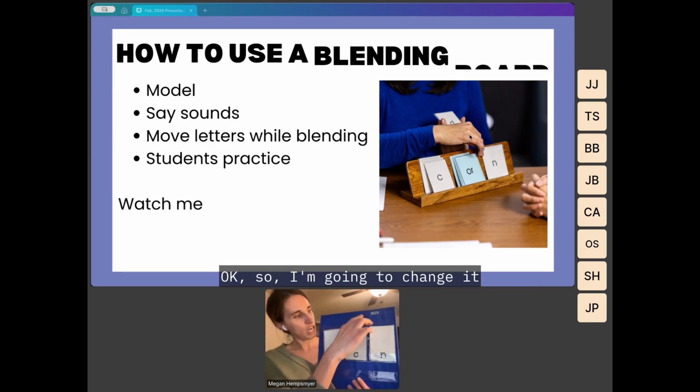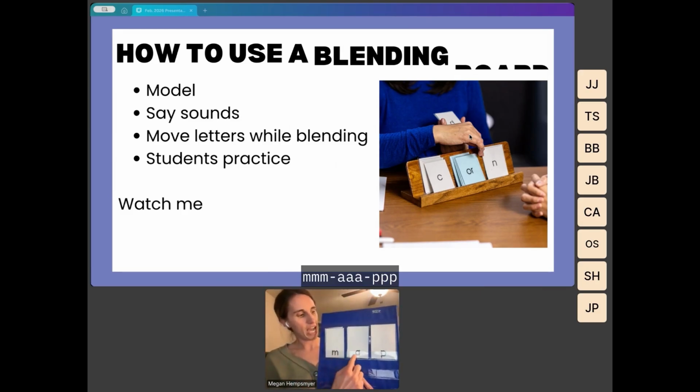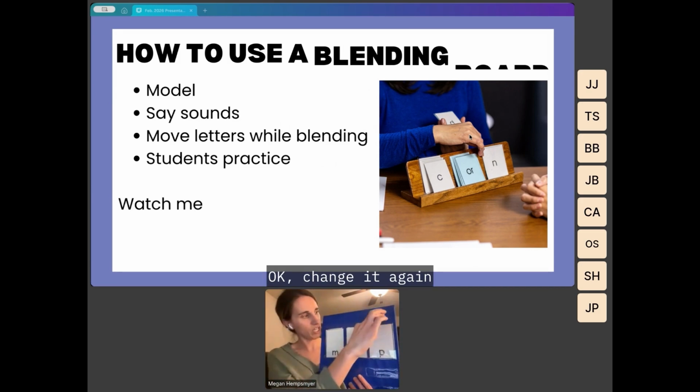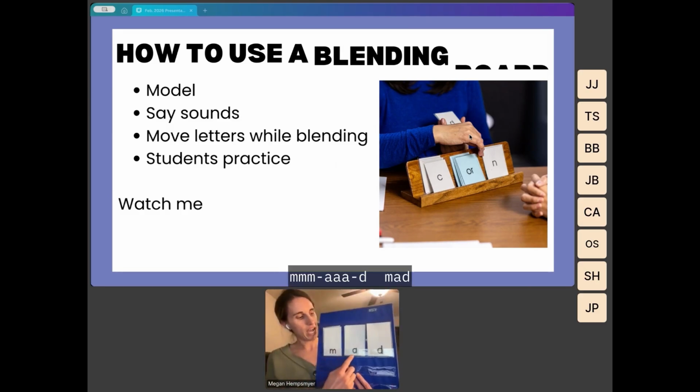Okay, so I'm going to change it. App, map. And then the students do it. Okay, change it again. Add,